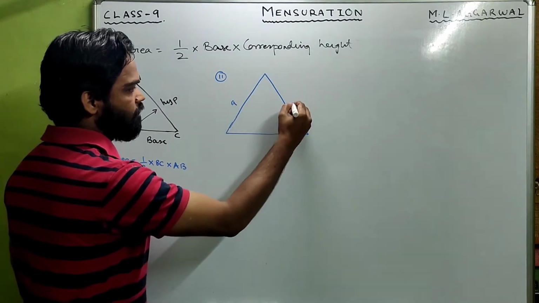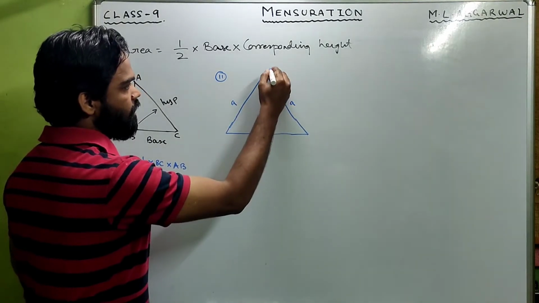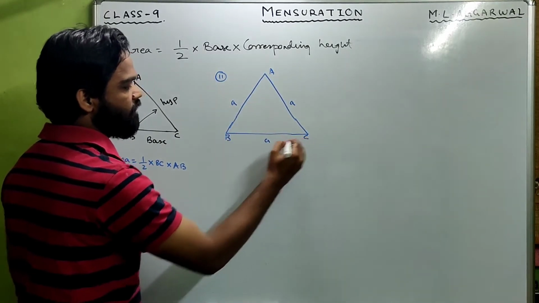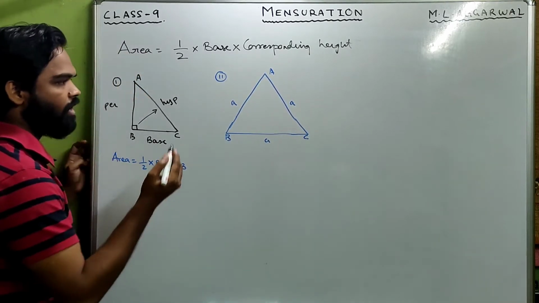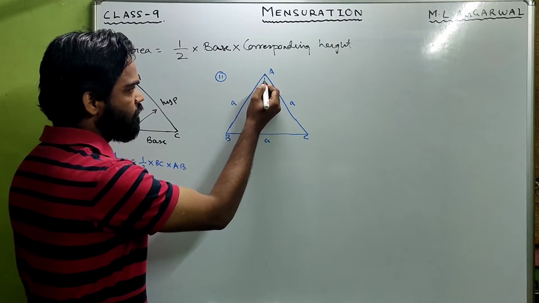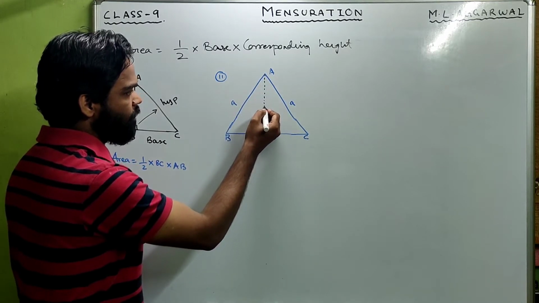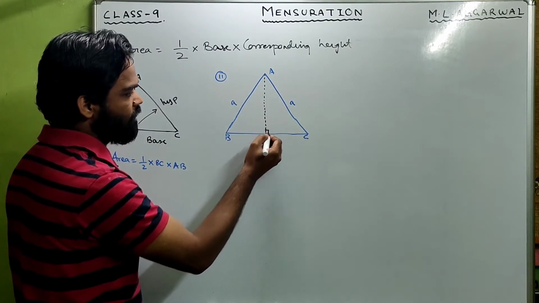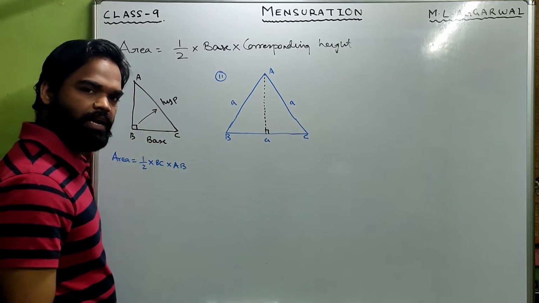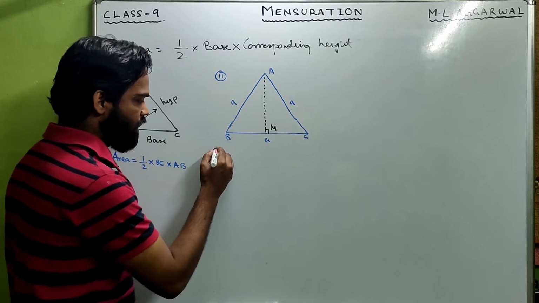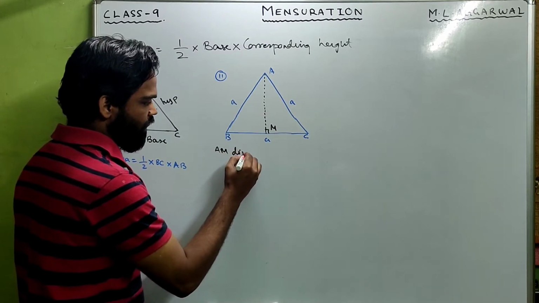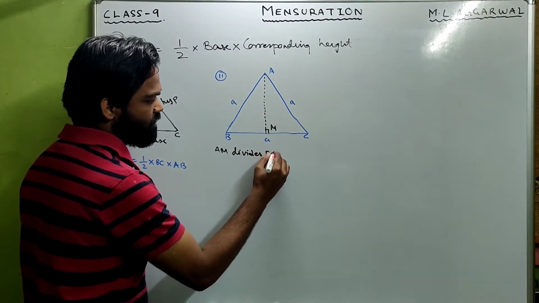Suppose the sides of ABC are A unit. First thing, I'll drop a perpendicular on BC from the vertex A. Suppose AM. Now we know AM divides BC into two equal halves,